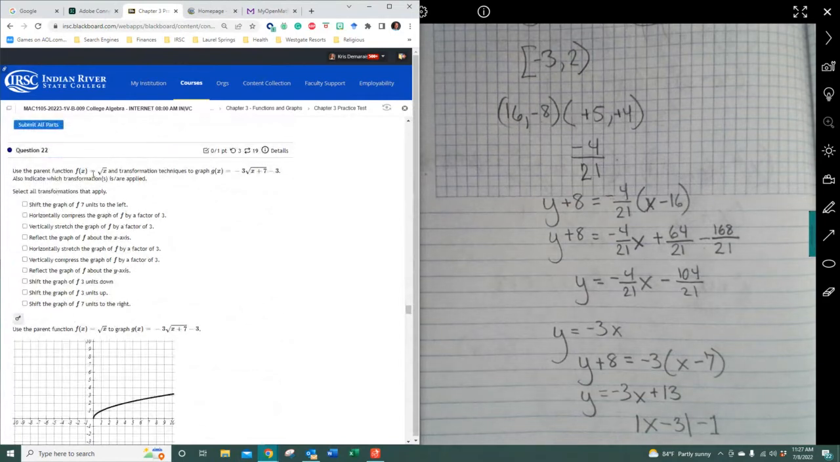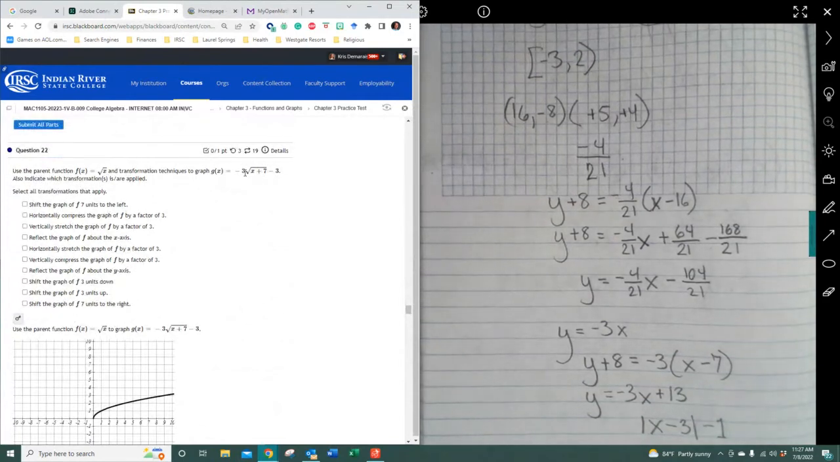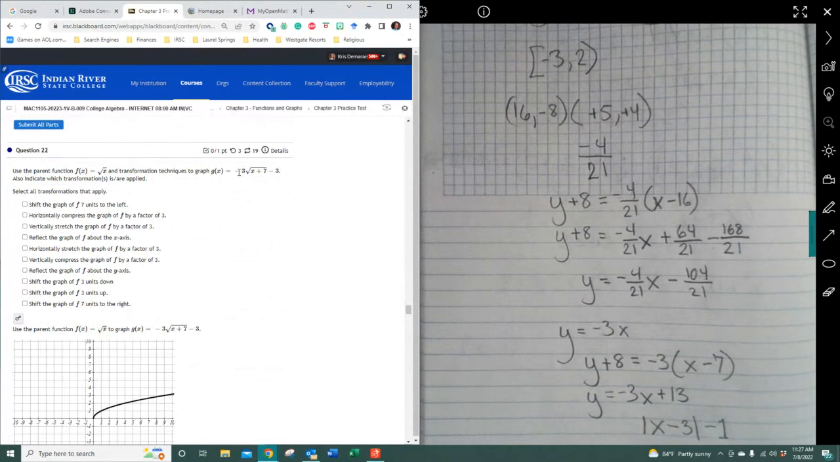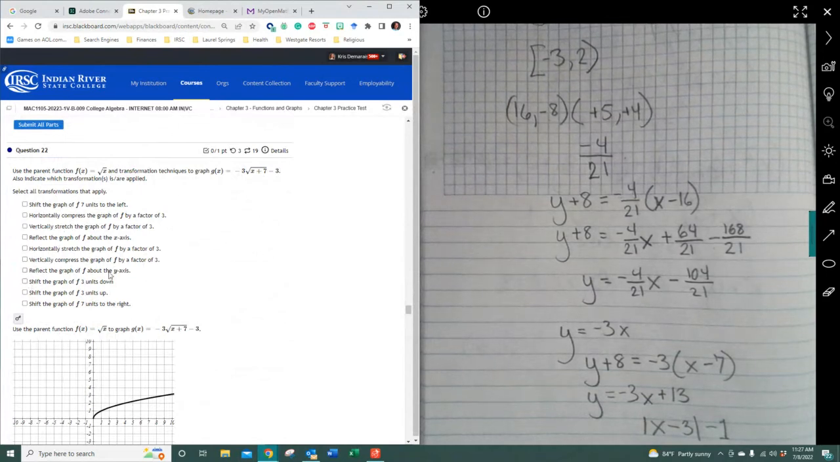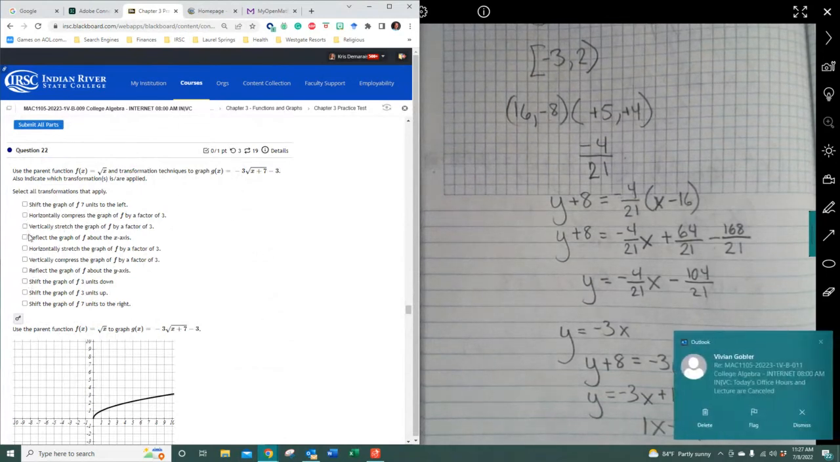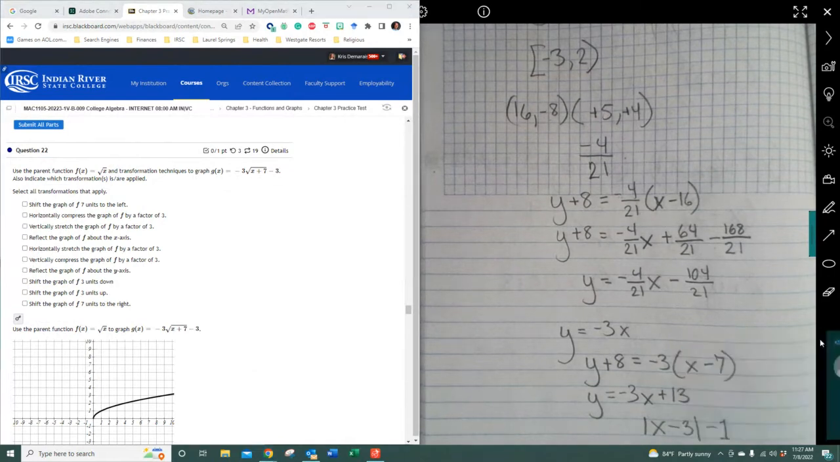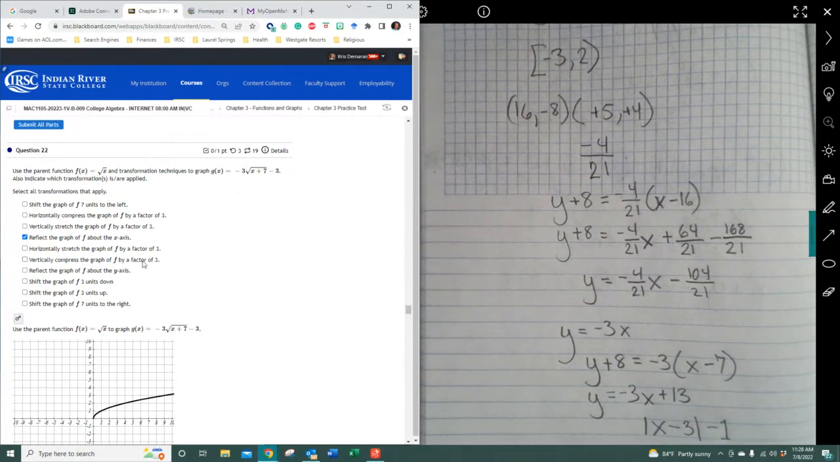Now we move on to 22. The parent function's given, this would be inverted, okay, or reflected about the x-axis. So reflect over the x-axis, wherever that may be. All right, reflect over the x-axis. It's this one, all right, and then we're looking at it being vertically stretched by a factor of 3, not compressed, but vertically stretched. Compressed would be a fraction, by the way,